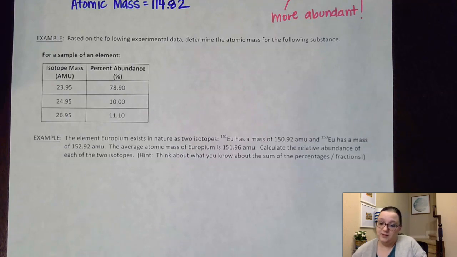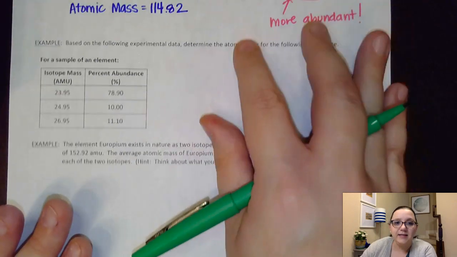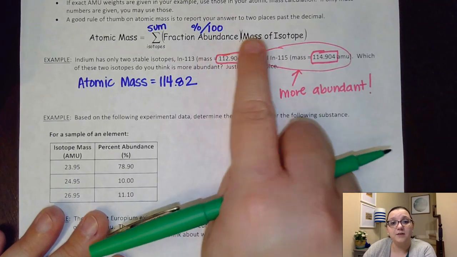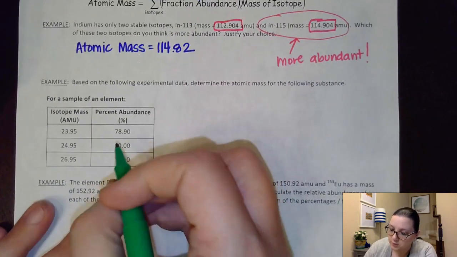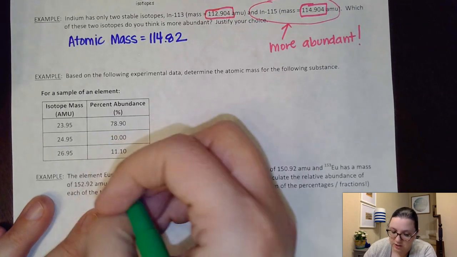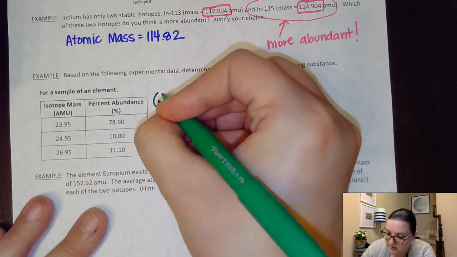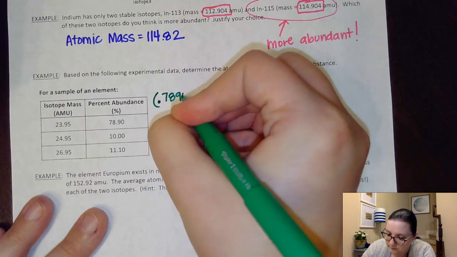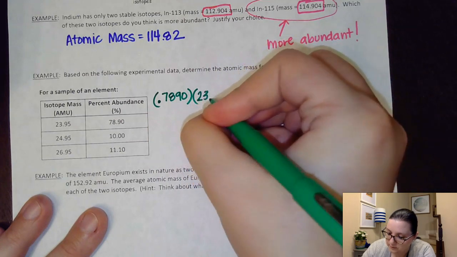Now, as far as doing the calculation, just as a refresher of how this works. Again, it is our fraction times our mass of each isotope added together. So for our first isotope here, since I have a percent, I would want to change that to a fraction. So again, I move that decimal over 2 places. So I'm going to use 0.7890 times my mass of 23.95